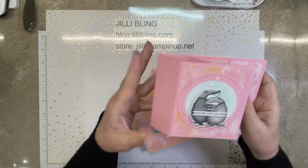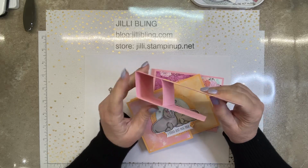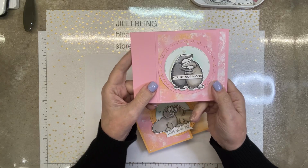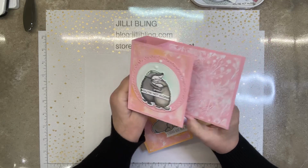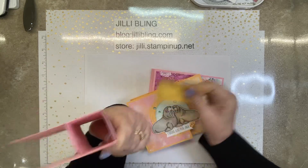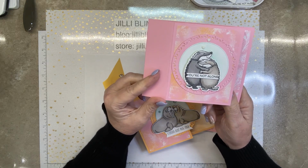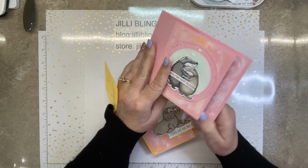Okay, so here's a, oh, did you notice it's a fun fold? These are the colors. So it goes in the envelope just fine. Oh, and this is the one I did as if you were going through a medical issue. These are the colors I used to color this. So you're not alone. And aren't those badgers cute? Fun fold. And then on the back,